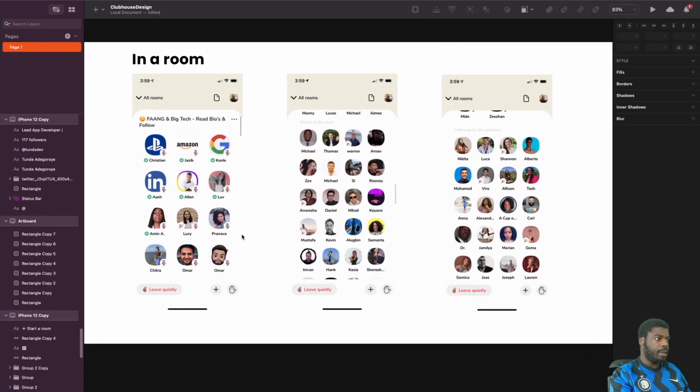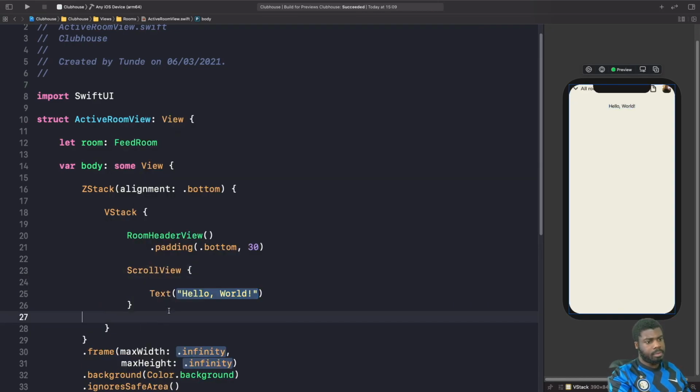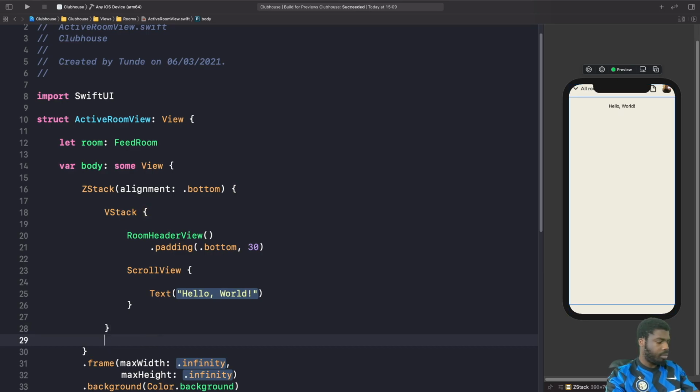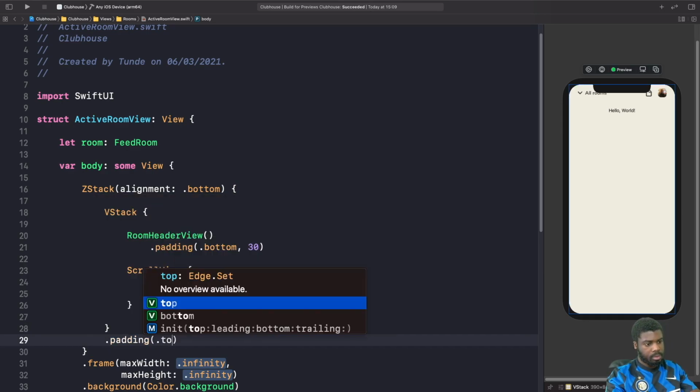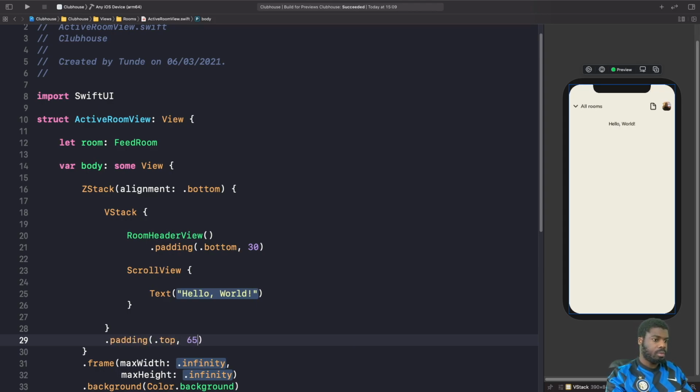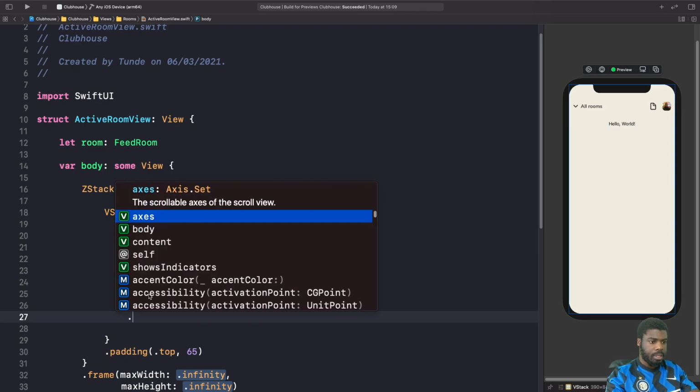And if we just look at our design, all of this is scrollable. So we're going to put all of these host views and whatnot inside of a scroll view. So let's do that now. So as you can see, the VStack is way up here at the top. So we actually need to push this down. So let's add some padding onto our VStack. Cool. And then on our scroll view, we're going to apply some styles as well. So I'm going to say,